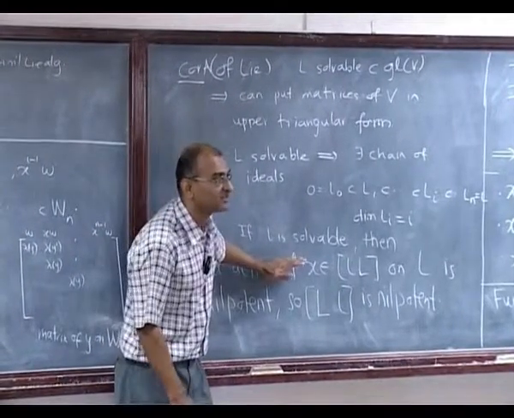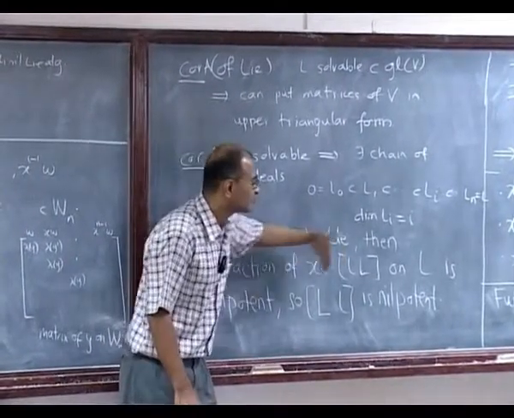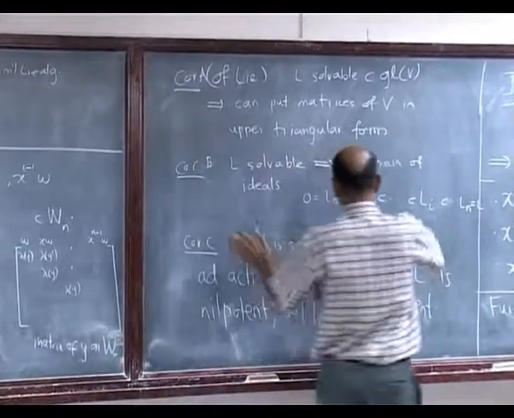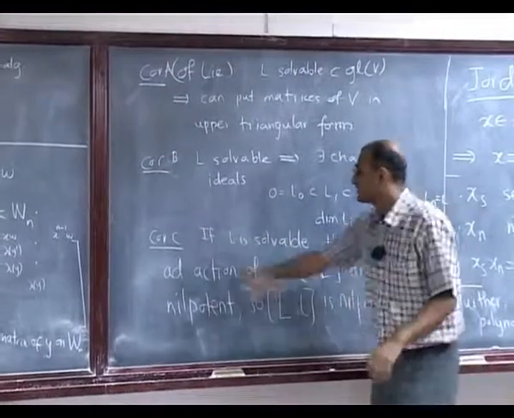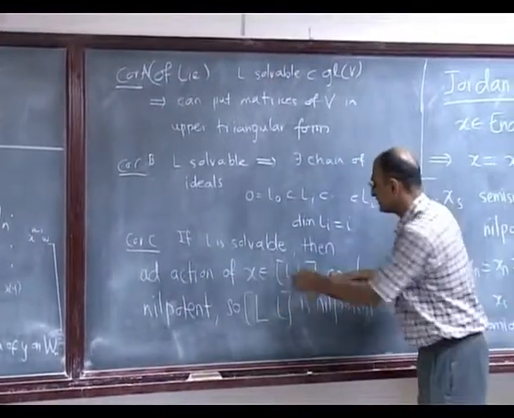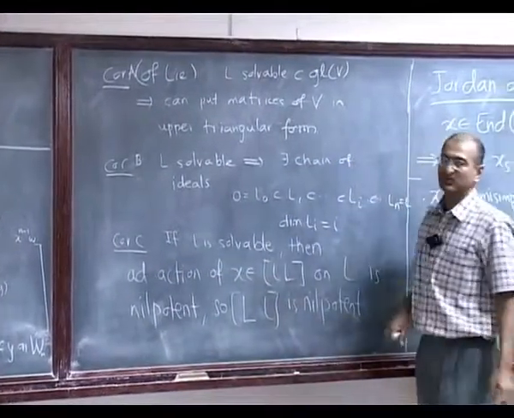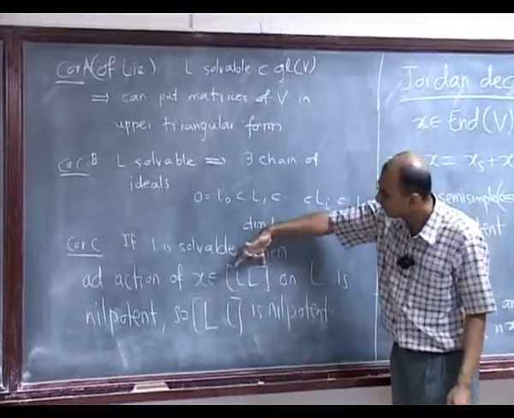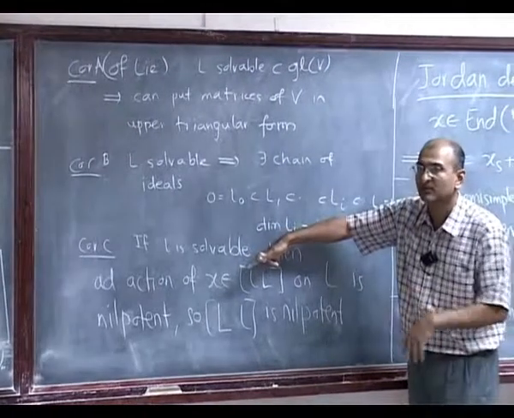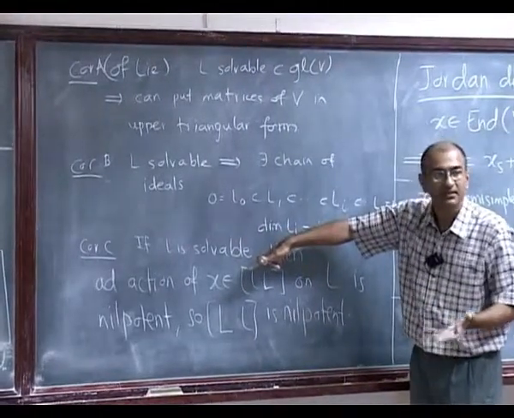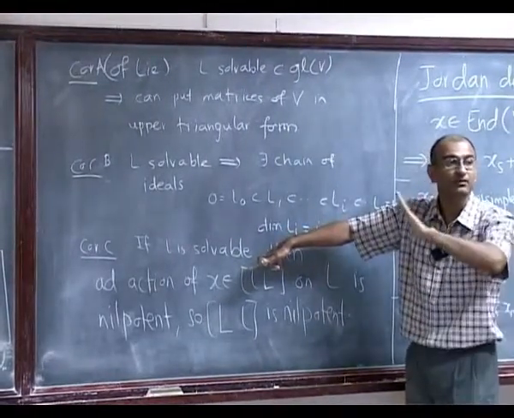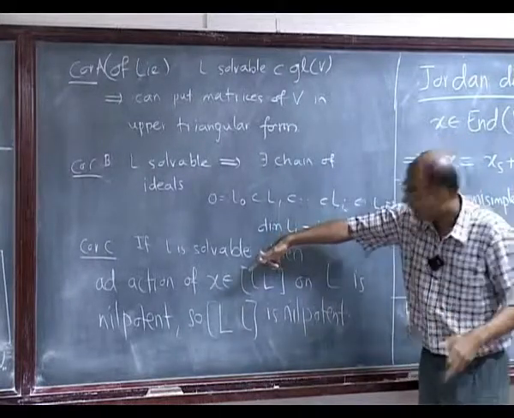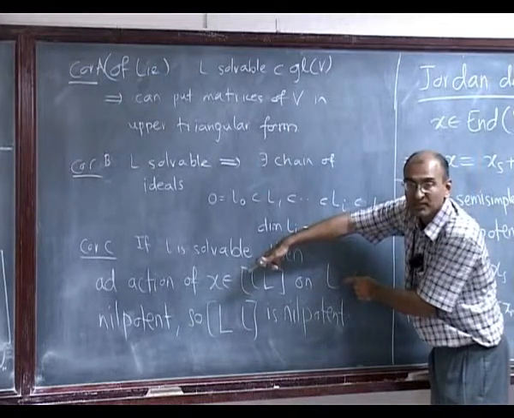So let's think about that for a moment, but I want you to see where the next part comes from. So forget the first line. Suppose the ad action of x in the derived algebra on L is nilpotent. So some action of this Lie algebra is nilpotent. But what does that mean? I can now apply Engel's theorem: all the operators in this are acting nilpotently on this vector space.